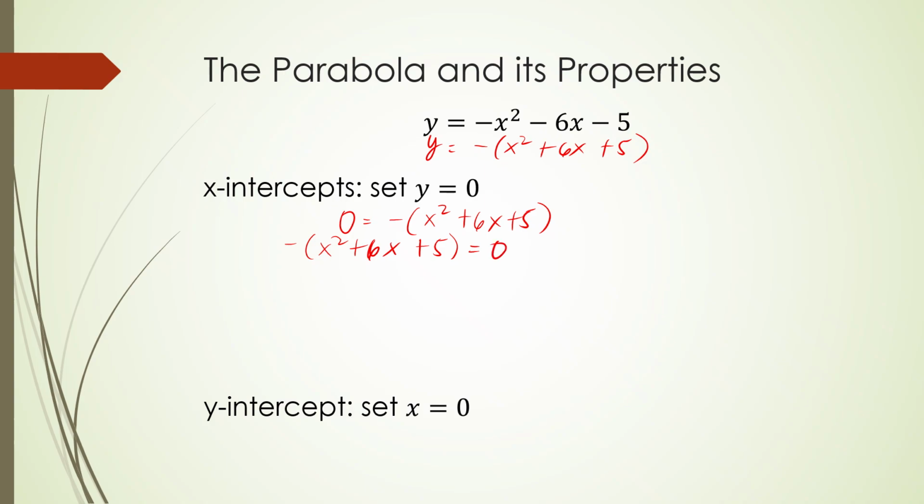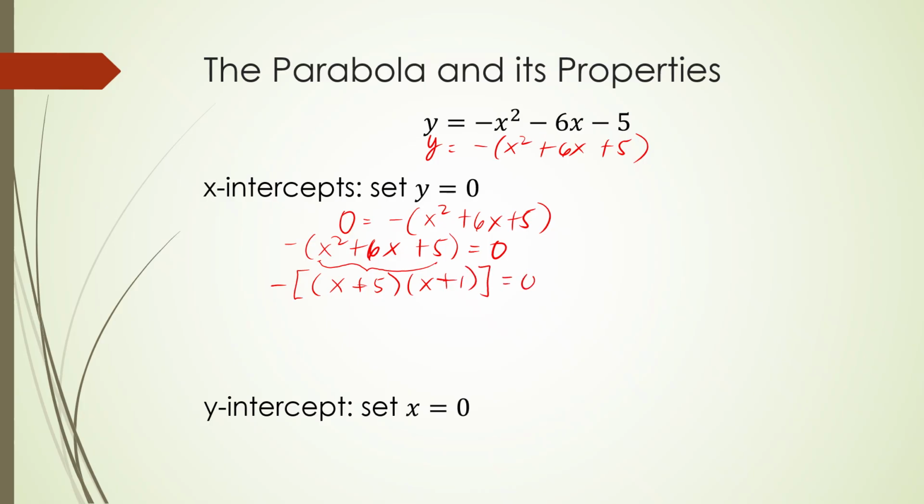But here, you have to use the expression inside the parentheses to factor this. So the factors of this one will be, I think, x plus 5 and the other one here is x plus 1